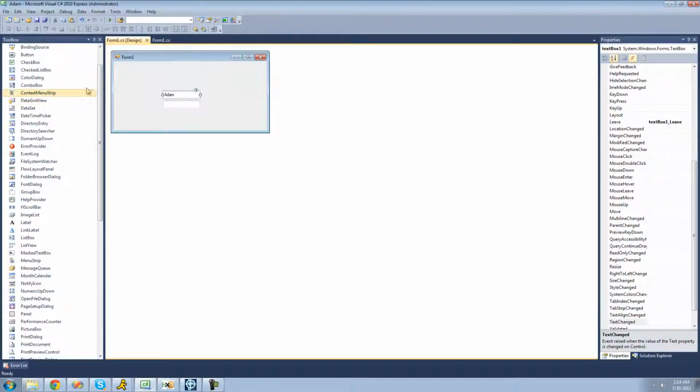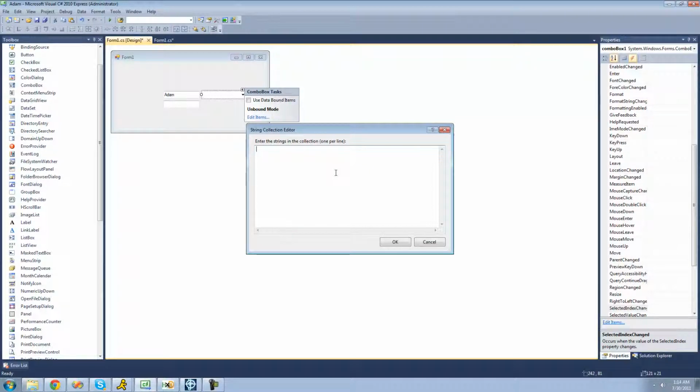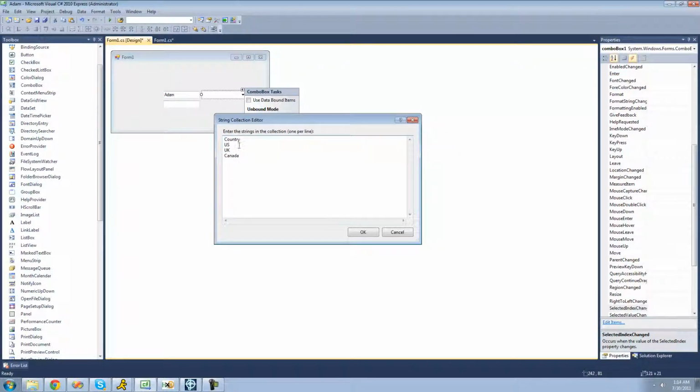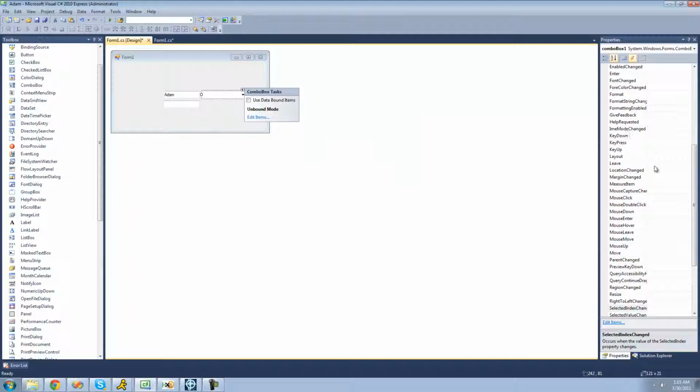So let's say you had, I don't know, a combo box, and in your combo box you had a few different items. But the first item was basically just a label telling the user what is in the combo box. So if it just said Country as the first item, you obviously don't want anyone to be able to select this item. And then under, if we had a few countries like US, UK, and Canada, then you want to force the users to have to pick one of these countries right here. So what we're going to want to do is just go down to the Leave method again